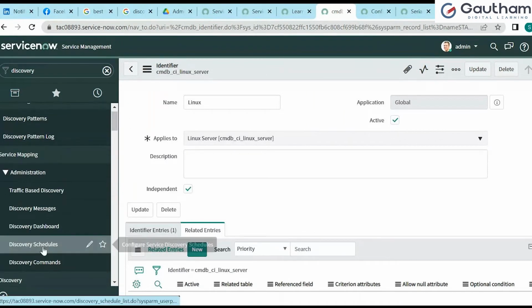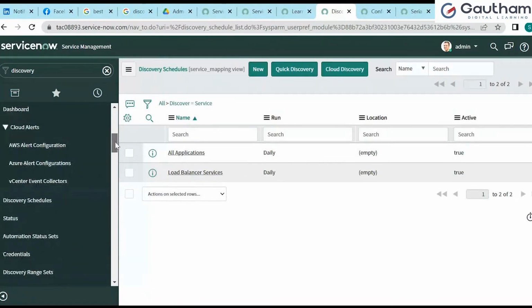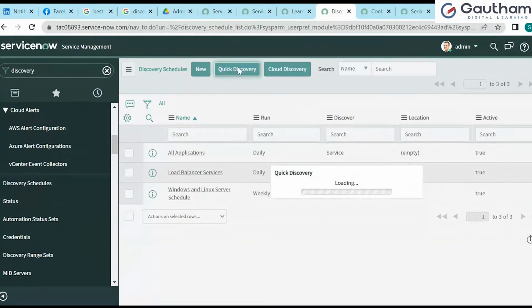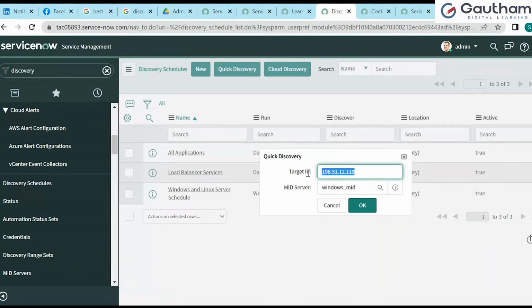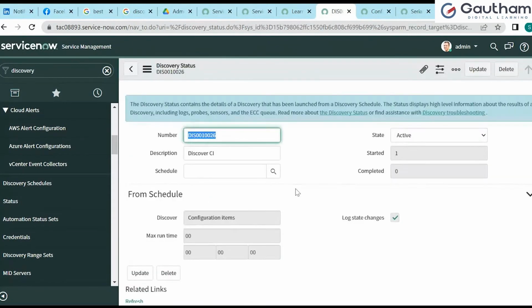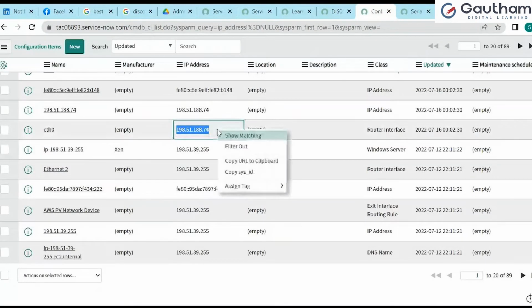Discovery schedules. I should not go over here. Where is it? Discovery schedules. I have to click on new, quick discovery, and give that IP as the target address. Now I'm going to run this one. Whenever I run this particular one, it is going to discover this configuration item. But now, if you can see, we already have this particular IP address in the system,